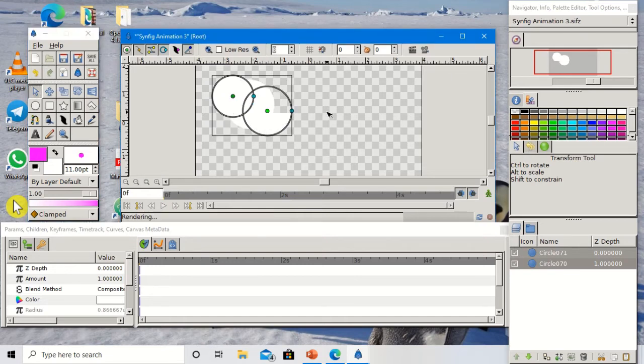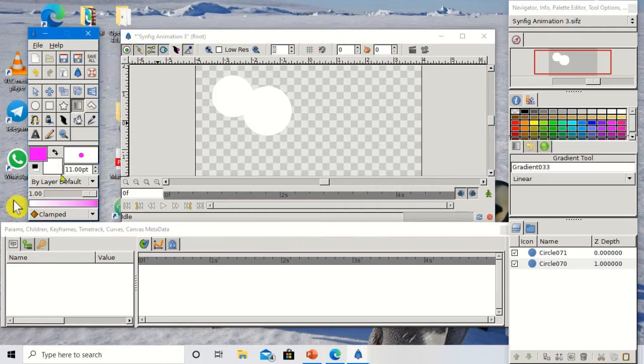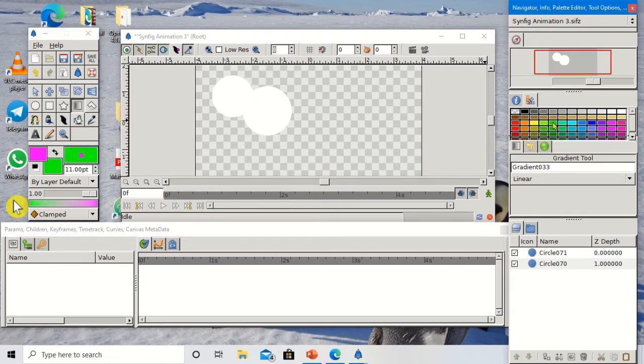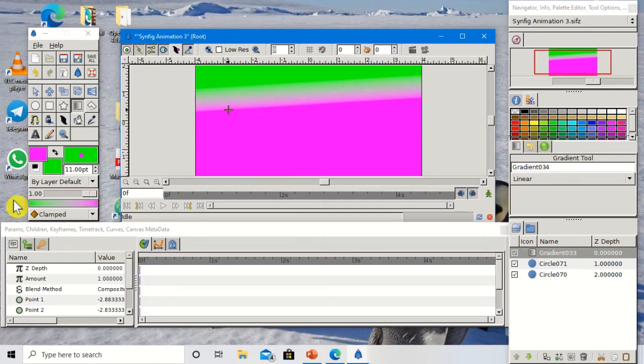and I want to apply the gradient effect on the first one, right? So let me show you. I have taken the gradient tool. You can choose the color as per your requirement, right? Let me choose a different color. Here I want to take a green color, and the gradient type is linear. So if I apply it over here, you can see what is happening. The gradient effect appears across the entire canvas.